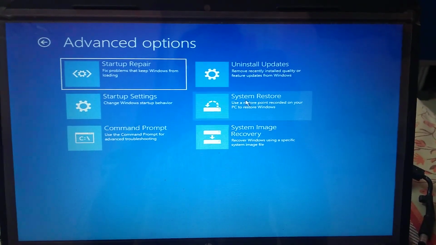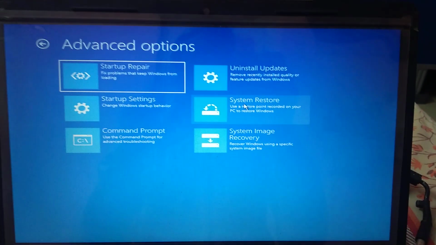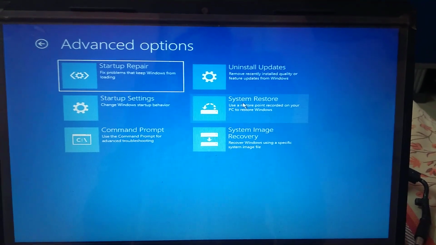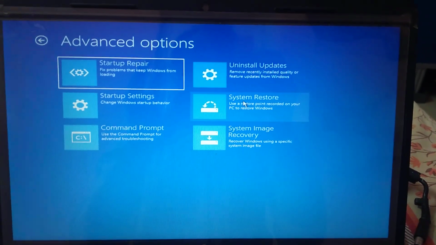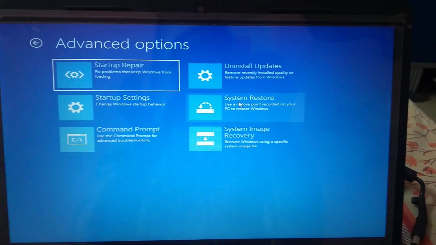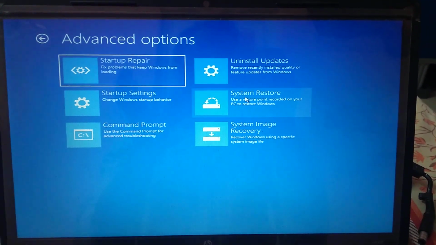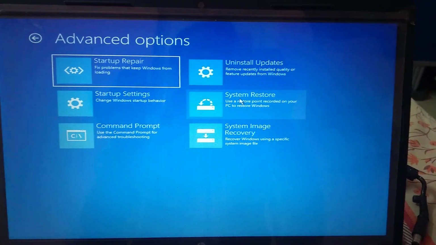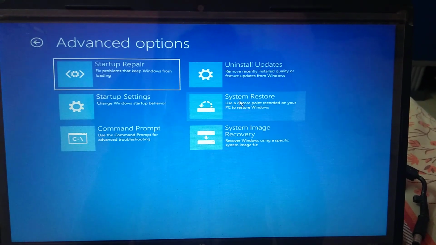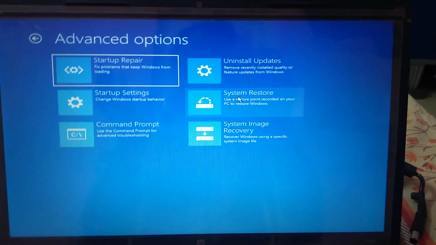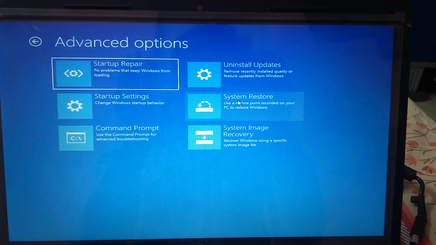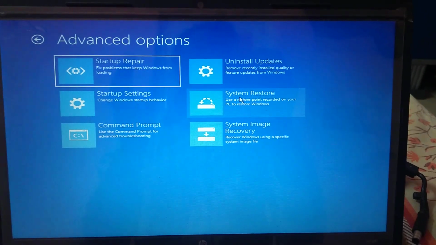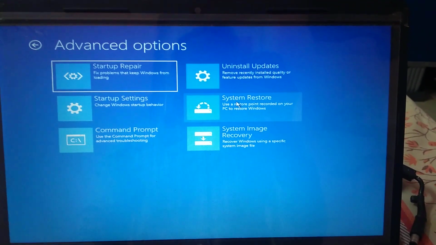So you will find that restore point and you can go back to that previous version. The only problem is that from that version to this version, only the delta changes will disappear. Delta changes means if you have installed any new software or games, those will be gone. Any videos or images that you have saved will also be gone. So that is the only drawback.